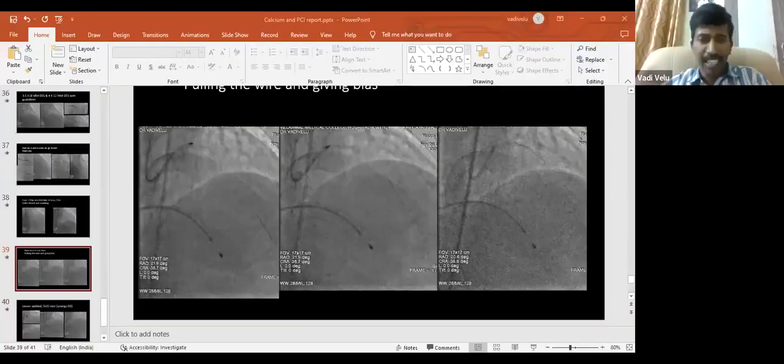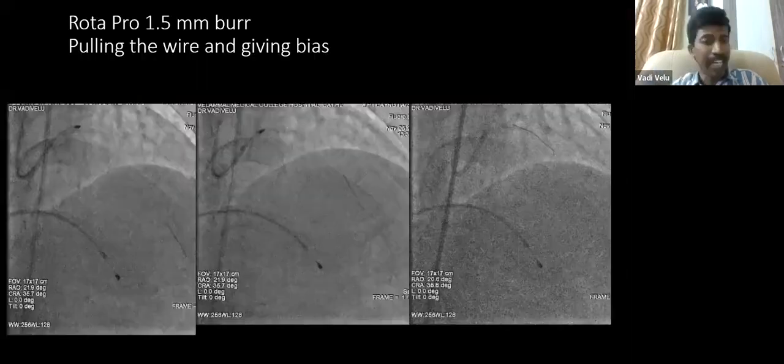So this is another, second patient, a 77-year-old male, a septuagenarian, and he had very tight angulated calcified disease. Now we have this newer RotaPro, which is very user friendly. We don't need to use our legs for doing this. Everything has become very handy, with the hands only. In this patient, RotaPro was used to ablate the lesion, and one thing is that because of the angle I could not ablate it very effectively with this technique. So by pulling the wire, you can